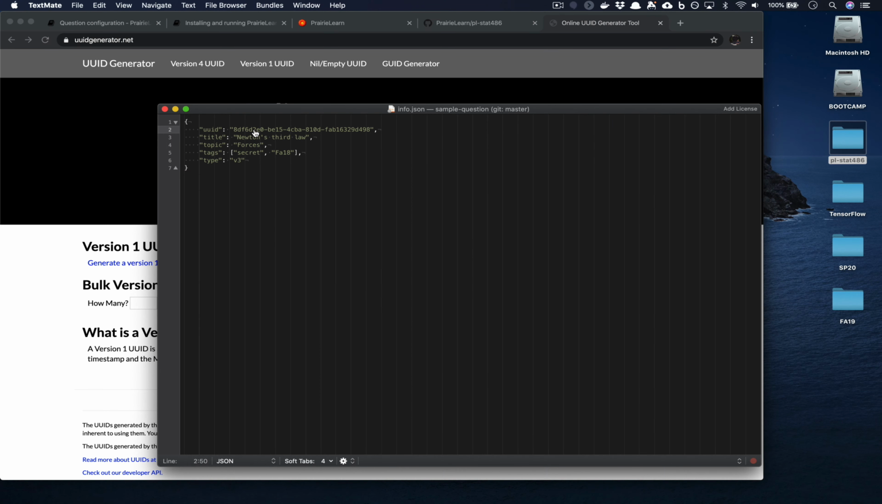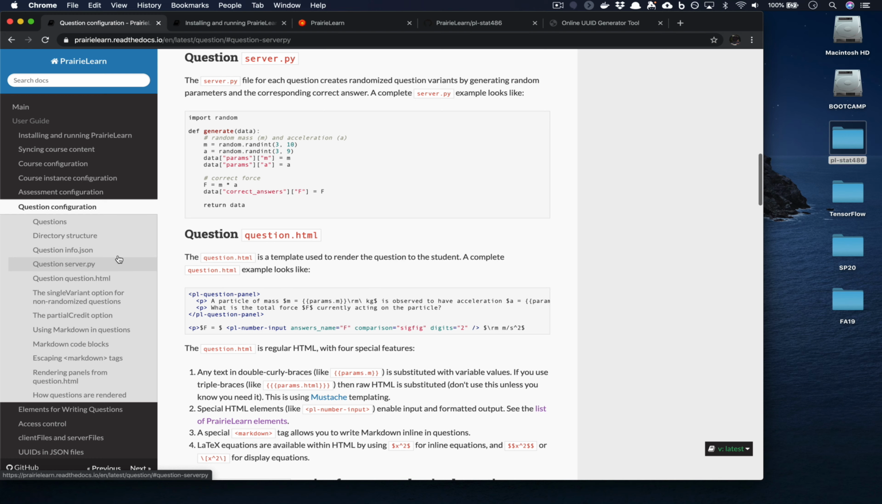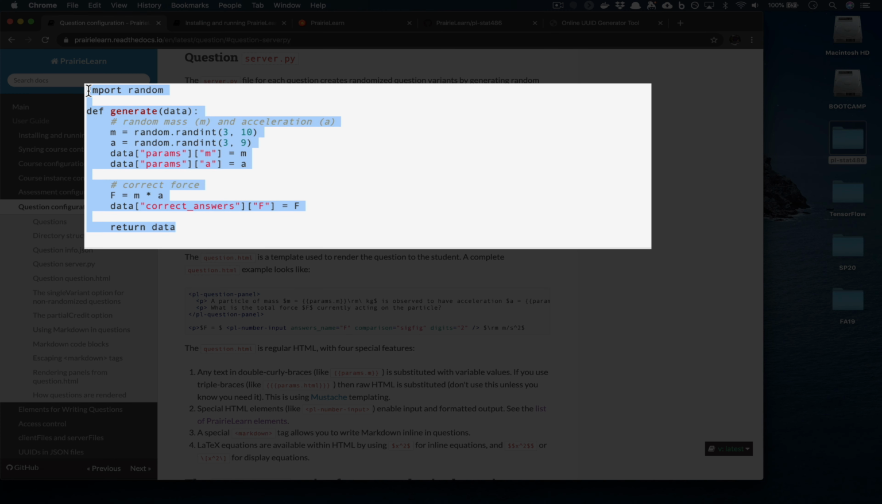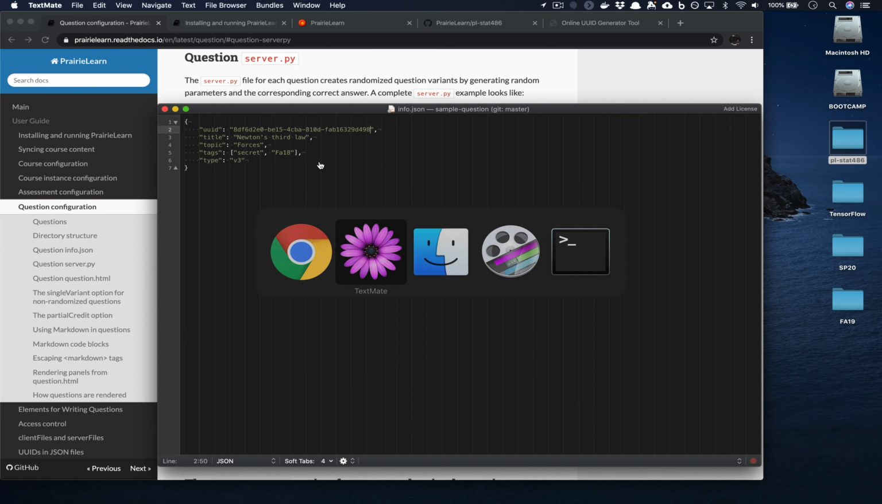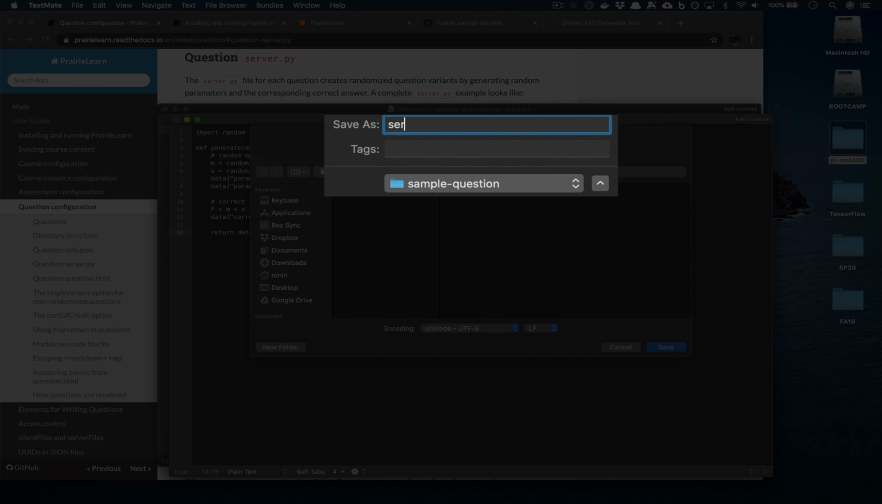Now we need to copy the question.server.py. So we'll go ahead and click on the question.server.py, highlight the code that was given, and Control-C or Command-C. Then go over to our text editor, open up a new window, paste the copied code, save it, in this case as server.py,